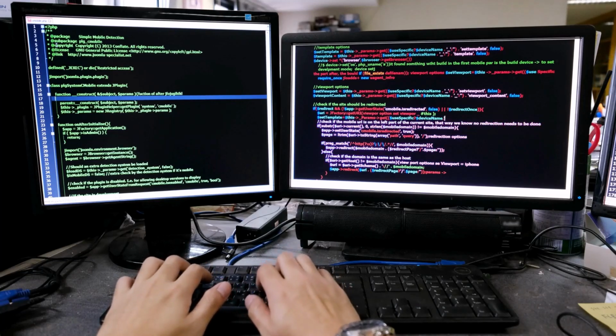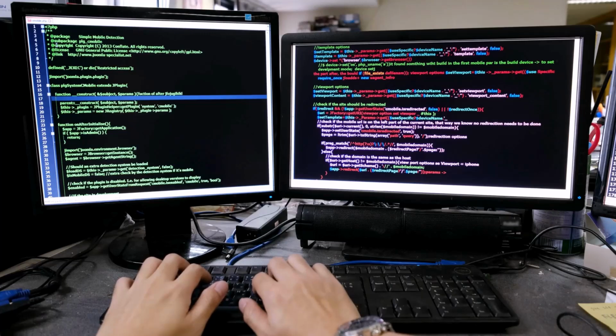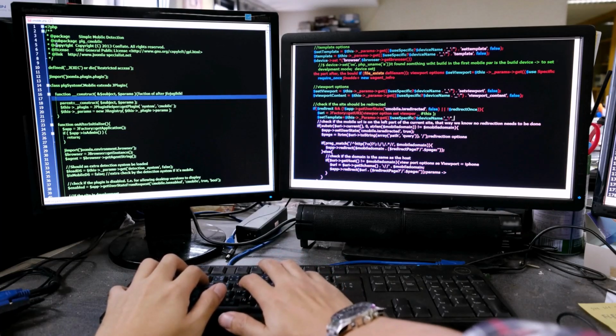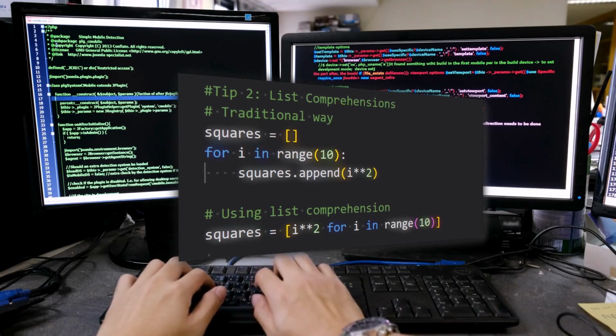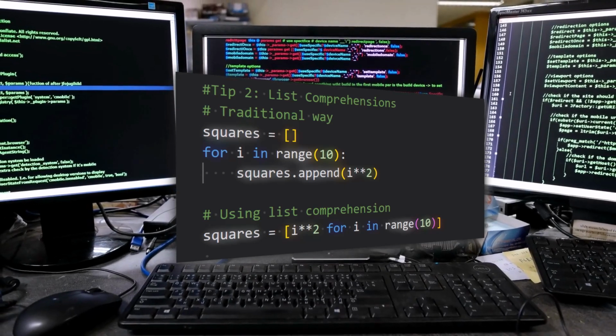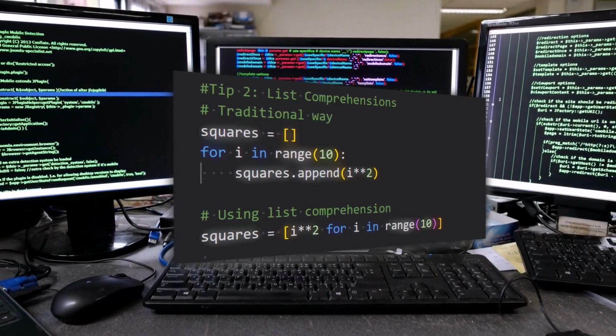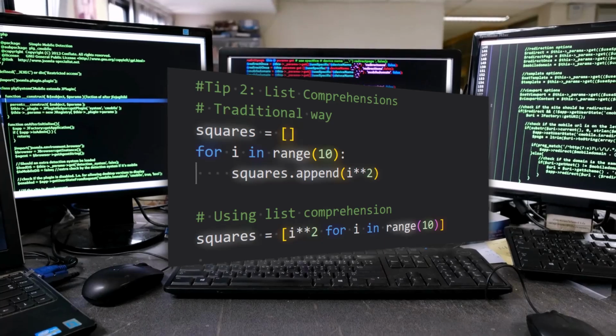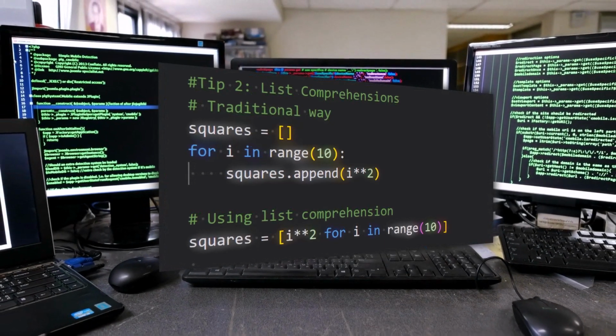Tip 2. Master list comprehensions. List comprehensions are a powerful way to create lists in Python in just one line. Instead of writing a for loop to populate a list, you can use this concise syntax. List comprehensions allow you to create new lists in a single line of code, making your programs more concise and